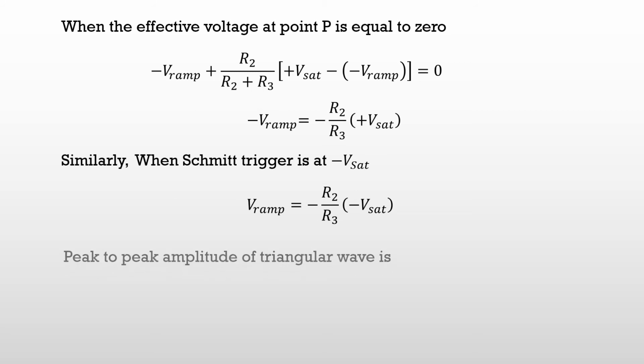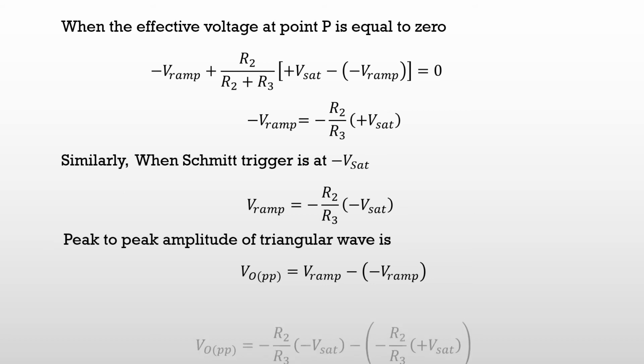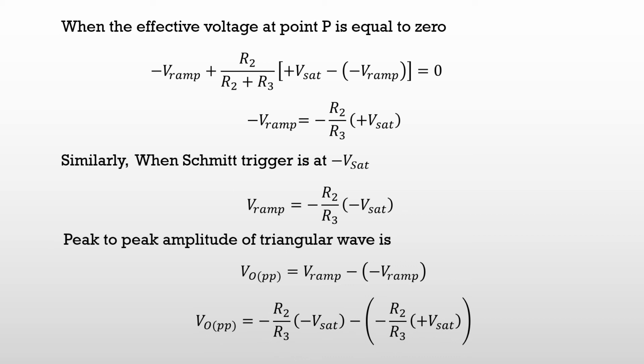Now what will be the output voltage? The peak to peak amplitude of the triangular wave is given by the expression V naught P to P, which will be equal to plus V ramp minus minus V ramp, that is the positive ramp minus the negative ramp. Substituting the values of minus V ramp and plus V ramp in the V0 P to P expression, we get the peak to peak value of the output voltage, and simplifying this,